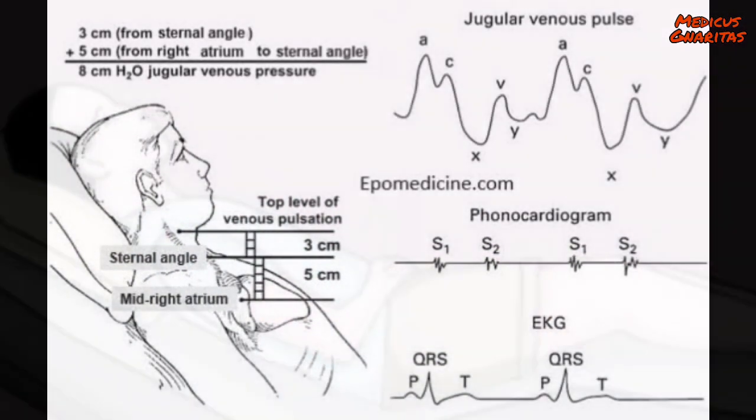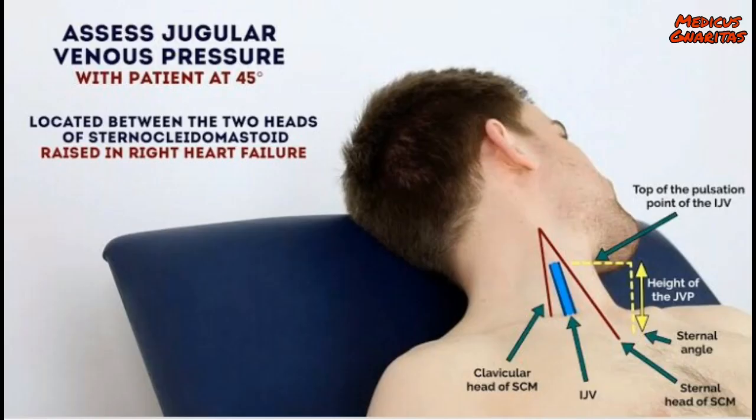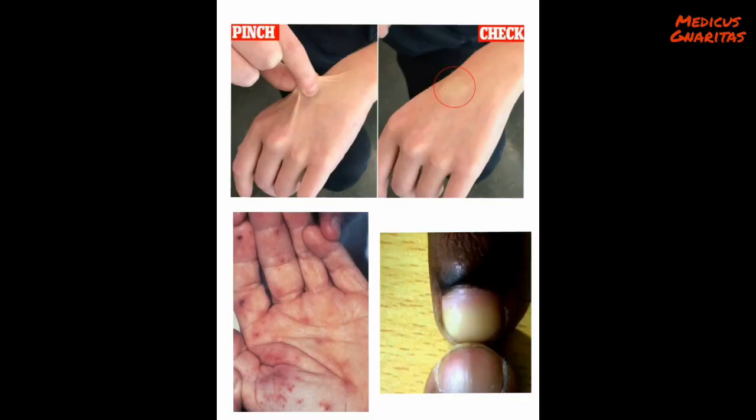General inspection. Inspect the patient's status, whether he or she is comfortable at rest or obviously short of breath. Inspect the neck for increased jugular venous pressure or abnormal waves. Indicate any abnormal movements such as head bobbing. Hand inspection. Temperature: warm or cool, clammy or dry. Skin: turgor for hydration, Janeway lesions.